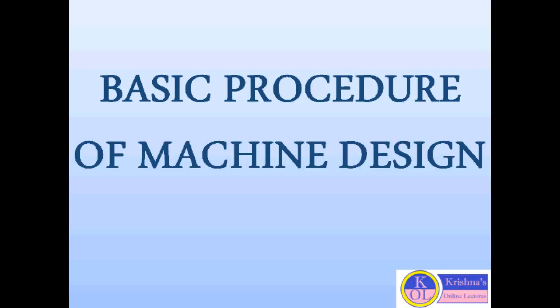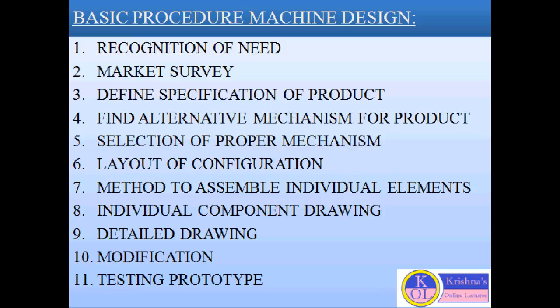Basically, designing of a machine or machine element is a step-by-step approach from starting to end as per the functional requirement and specification. Here all the steps are interrelated and each step affects the other step. It means if we make any change in one step, then it will affect the other steps also. So we can say all steps of designing of machine or machine elements are necessary. So here I am going to discuss the basic procedure of machine design. These are the steps required for designing a machine or machine elements.